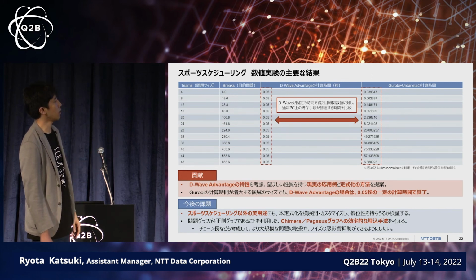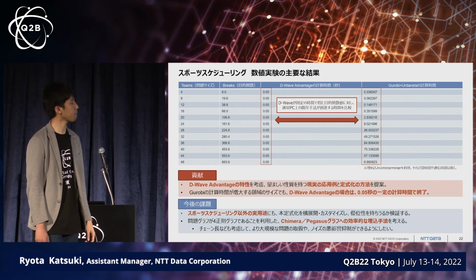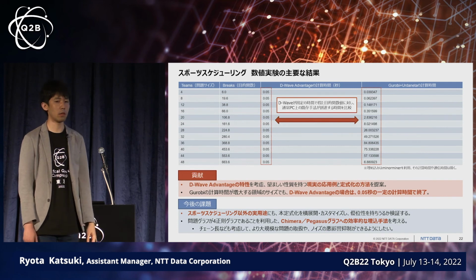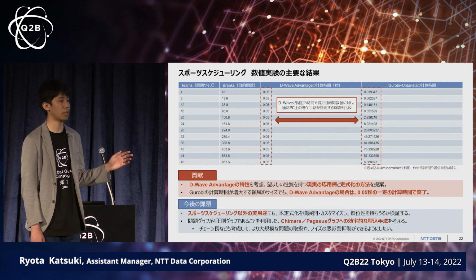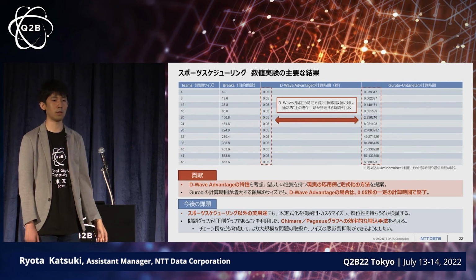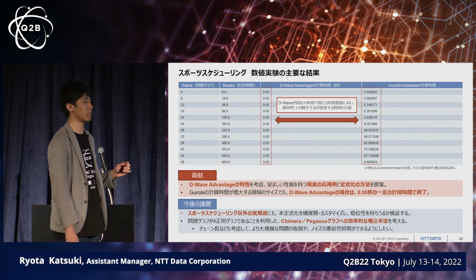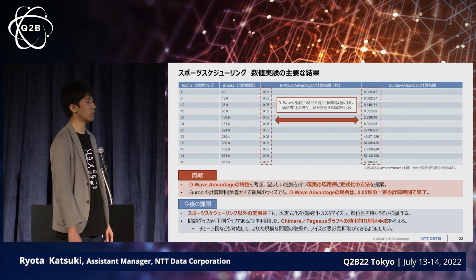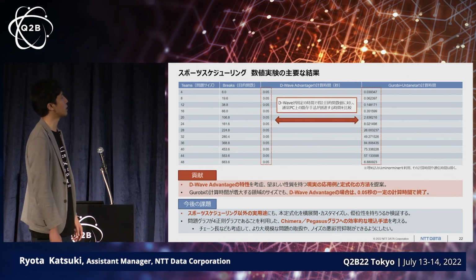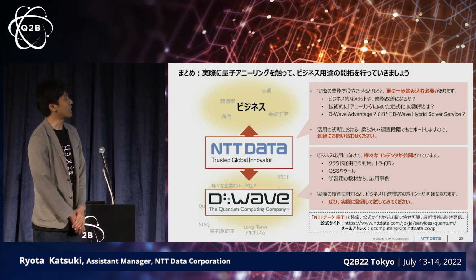Now, D-wave's advantage has such features which could work very well in this kind of a problem solving. Sports scheduling was an example. But of course, scheduling can be applied to other fields outside of sports. So if you have any interesting use cases similar to this, please let me know. But embedding to Chimera and Pegasus graph still is rather cumbersome, so we have some work to improve there.